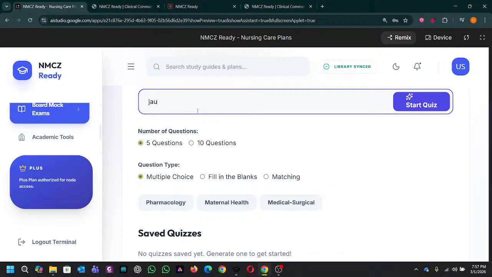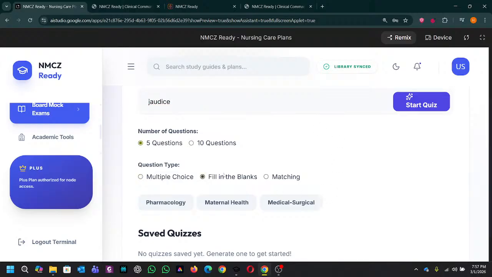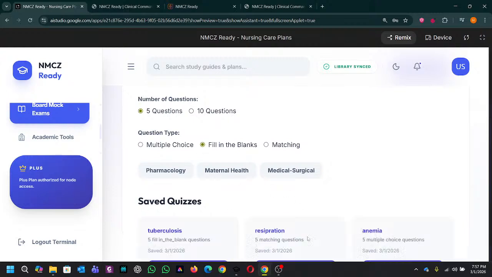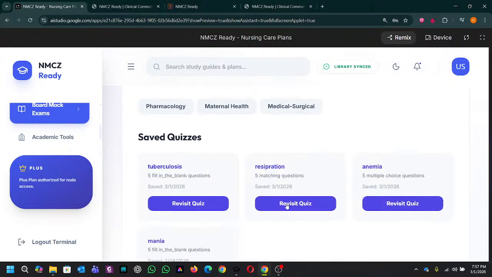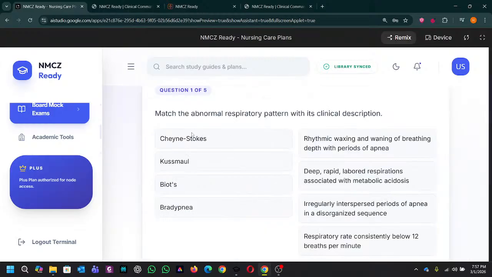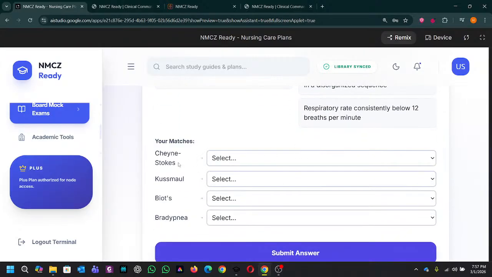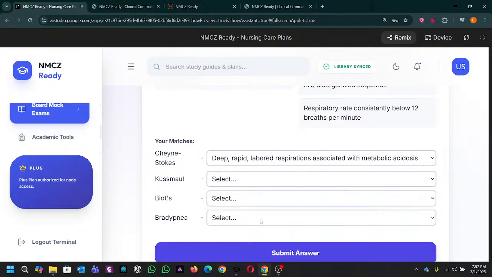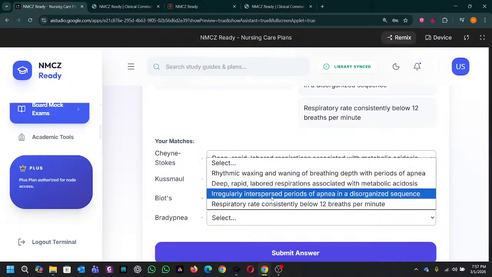let's open a quiz, for example, on jaundice. It's a fill in the blanks question and say generate. Our recent quizzes are going to appear here, right? So respiration was our quiz. We open it. And so it says match the following abnormal respiratory patterns with their clinical description. So, for example, the Kussmaul respirations, when I come here, this is a deep, rapid labored respiration with metabolic acidosis. Then we come to bradypnea. So let's say bradypnea is,